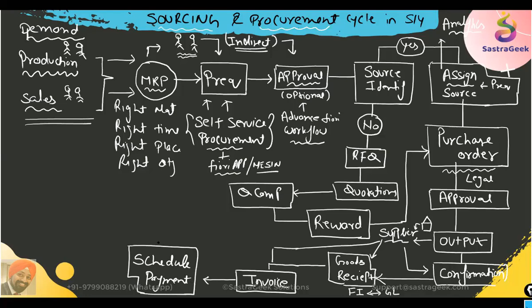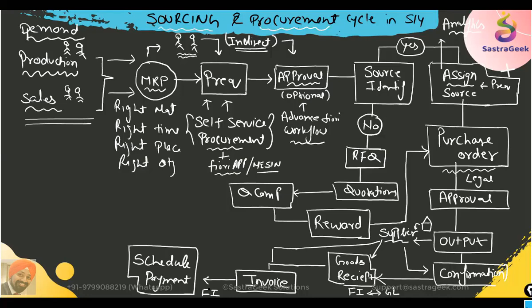Who would be doing the payment part? Again, your finance team would be handling the payment to the vendor. Your invoices would also be linked with the goods receipt. There is a verification process which checks whether the goods receipt has happened or not. If you have that check in place, it will not allow you to punch the invoice without a goods receipt.